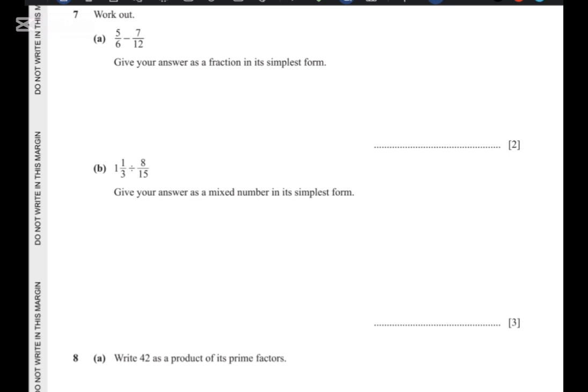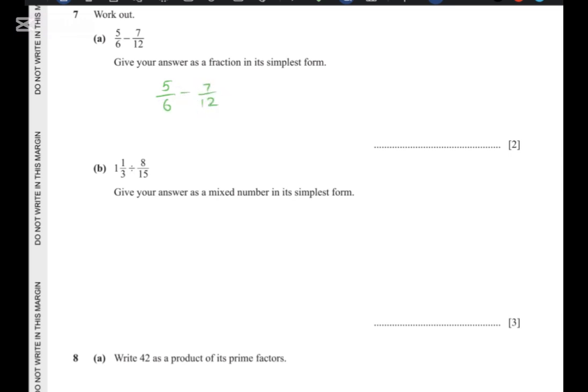Question number 7a. 5/6, work out 5/6 minus 7/12. Two fraction subtraction is given and the fractions are not like terms. Give your answer as a fraction in simplest form. So before subtracting the fractions, we need to take the